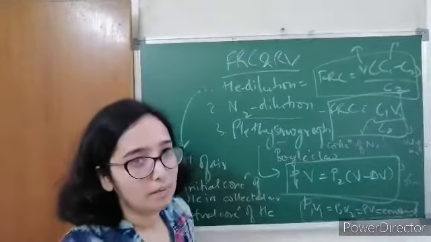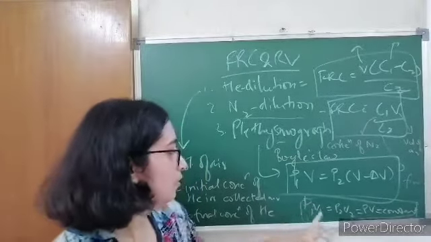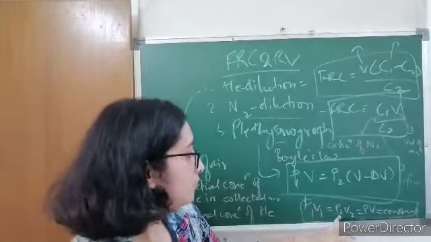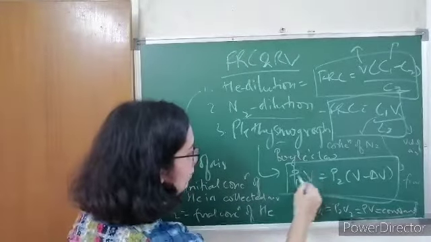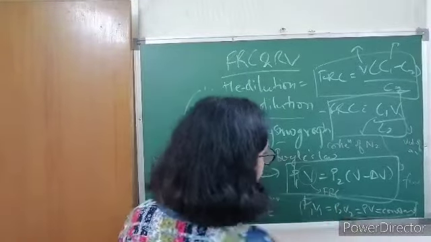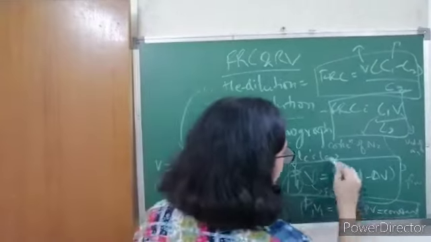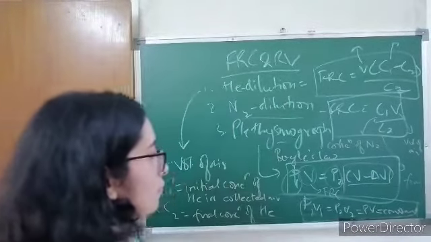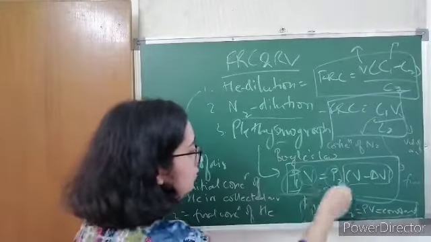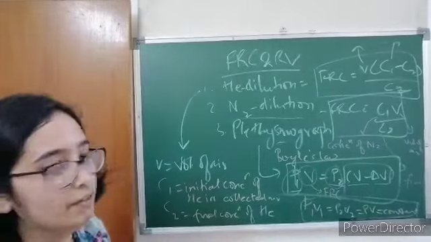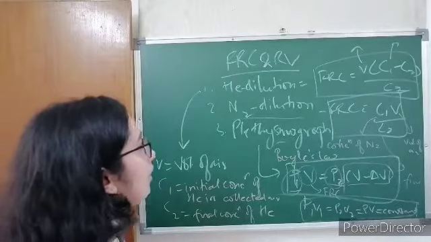So whether it is in my lungs or your lungs, the PV will always remain constant. So the initial pressure into initial volume is equal to the final pressure into the final volume. So like that, if we take V as the functional residual capacity, the initial pressure in the lungs equals the final pressure into the difference of functional residual capacity minus the change of the capacity. So P1 and P2 will be the pressure changes, and V will be the FRC or the functional residual capacity. So these are the methods how we will measure the FRC and RV.